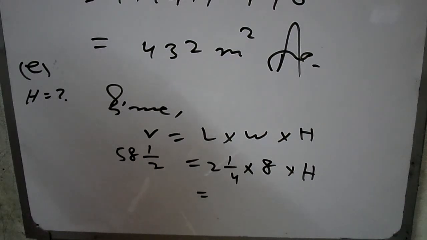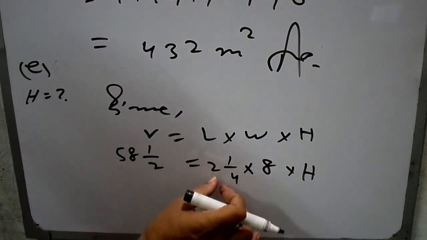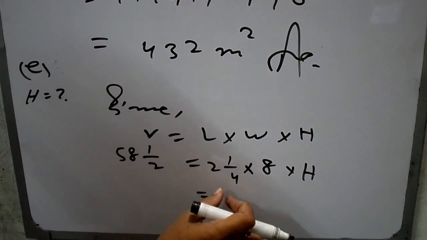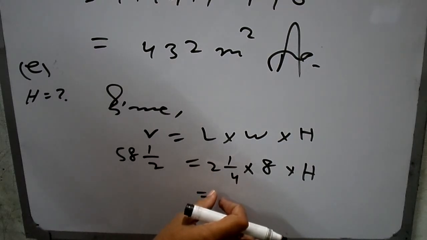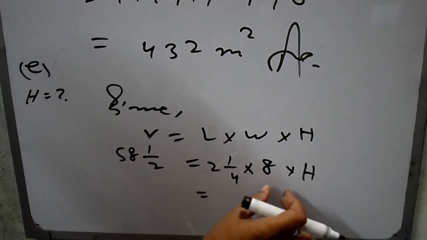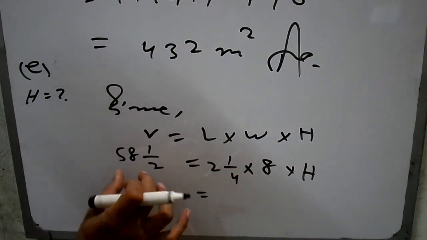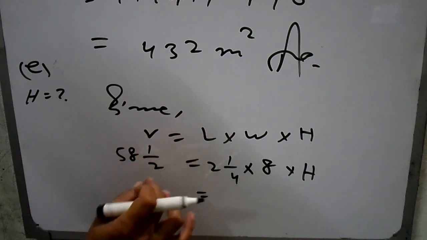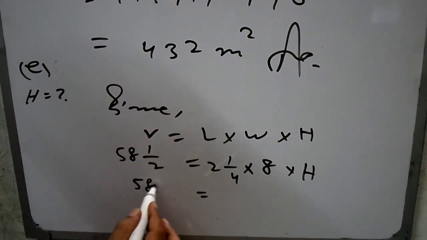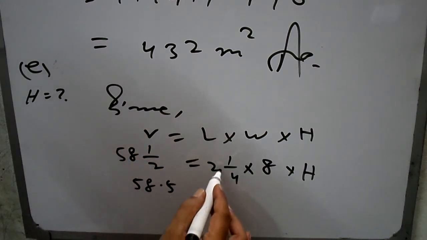So that is the reason. How can we find it? First of all, we have to remove the whole number, simplify it, and after simplification you will get this. For example, you can see here by using advanced methodology, that is 58 whole 1 by 2. What does that mean? It means 58.5, and